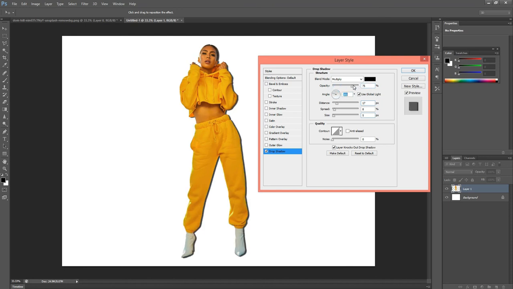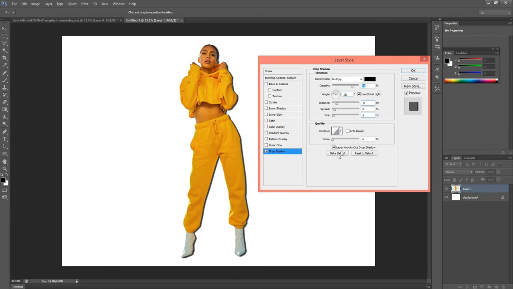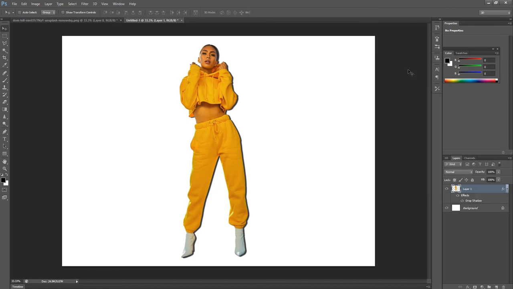Here is the opacity of the drop shadow. We can increase or decrease the opacity also. Generally we'll place it at 75%. Here is also the option of Contour. We can explore the contours. There are different kinds of drop shadow, like outlines and so many other options. We can explore all the options. Right now we can select the first one. Then we can also use Noise, but right now we are not using noise. So go and press the OK button to create the drop shadow.